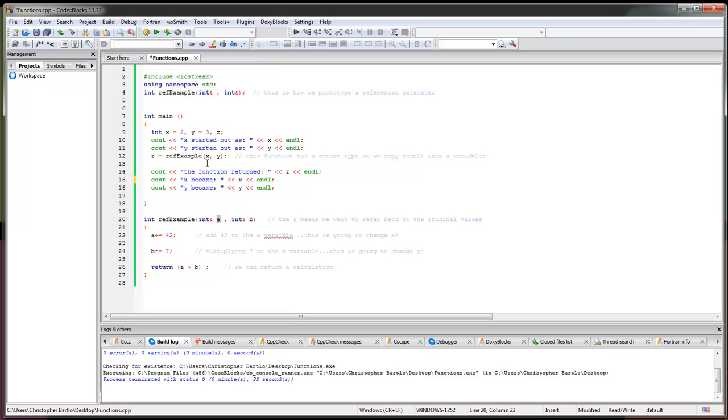So whatever I put in the first spot, it's going to get renamed to a. And again, it's a reference, so it's going to be looking at whatever I pass in memory location and changing it. So here, I just said I'm going to add 42 here, and I'm going to multiply it by 7 here. So the reality is